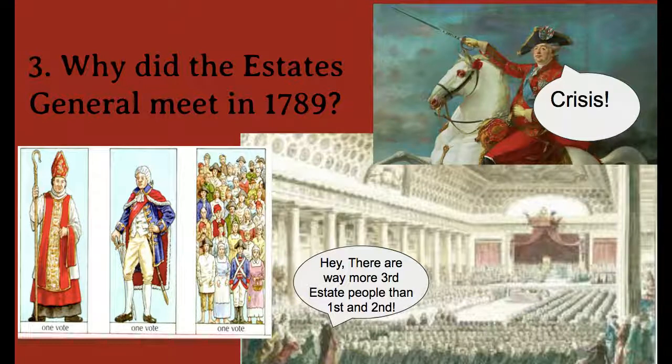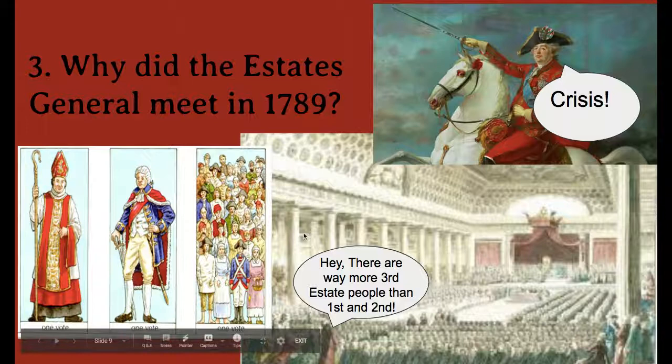the Estates General. The Estates General is a general meeting of representatives of the three estates. It was not called very regularly. The last time it had been called was over 100 years previous. And the reason he had to call them was because he wanted to tax the nobles. In order to change the laws, especially on something like taxation that would violate the nobles' customary privilege of not paying taxes, he needed to get agreement from representatives of all three estates.